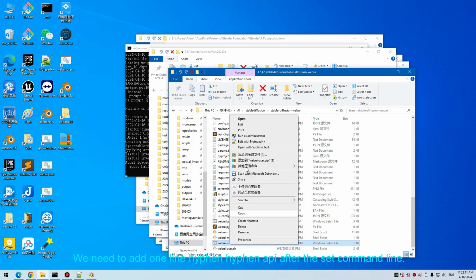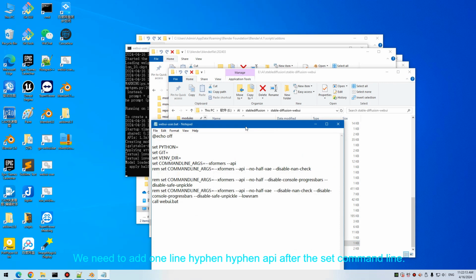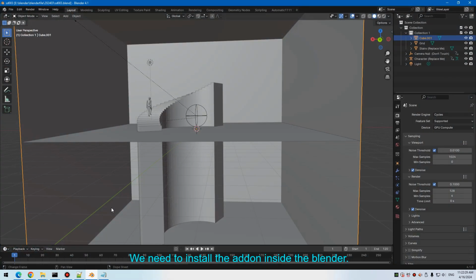This bat file, we need to add one line after the set command line args: --api, and then we can run webui-user to start Stable Diffusion, and then we need to install the add-on